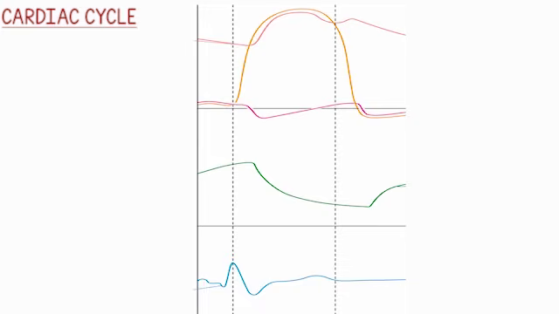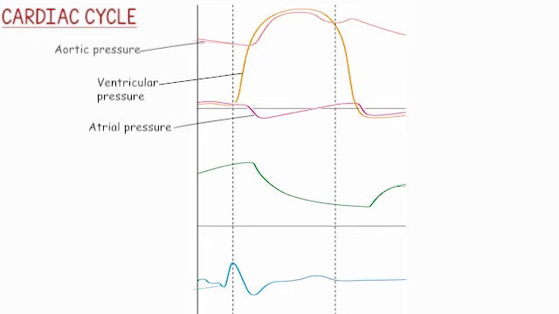Hi, in this video we're going to explore the cardiac cycle. We'll look at how the atria and ventricles contract and relax, how the heart valves open and close, and how blood flows through the heart. We'll also learn how to interpret the cardiac cycle graph, including changes in pressure, volume, and electrical change shown on